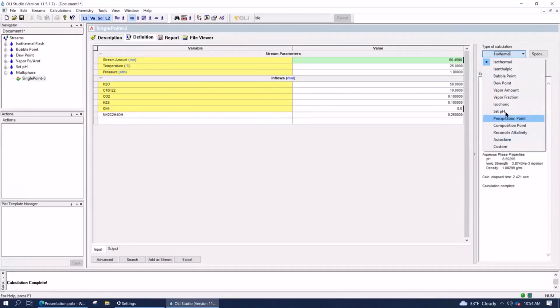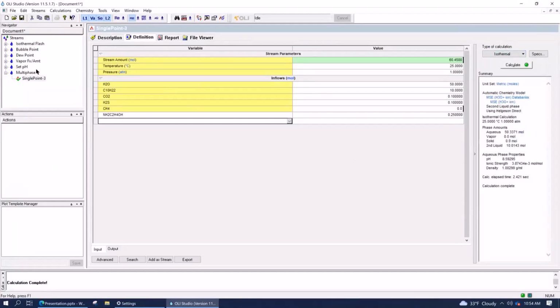And we just finished the set pH. Actually, let's do one more set pH here, since we're in the multi-phase system. We added the amine to the system to get to a pH of 8.6, and it got to a pH of 8.6. But it's quite plausible that the controller that is used to add the amine is set to a certain target pH, or some other type of target. So let's do this together.